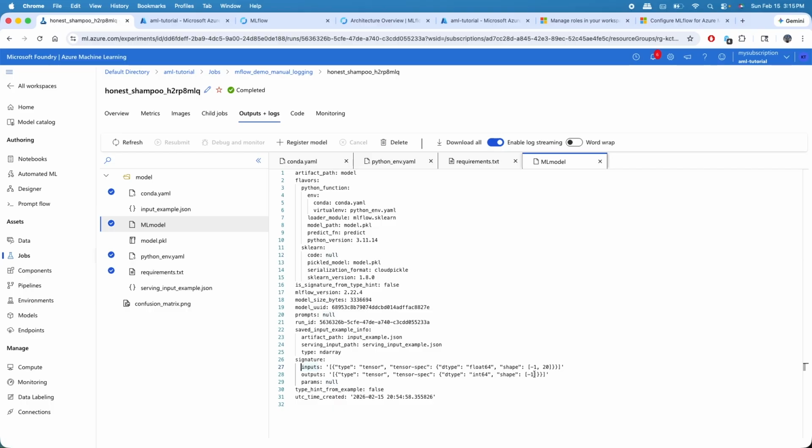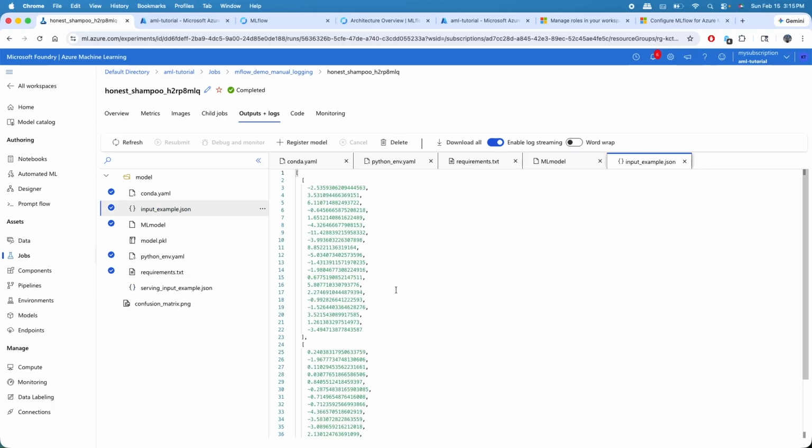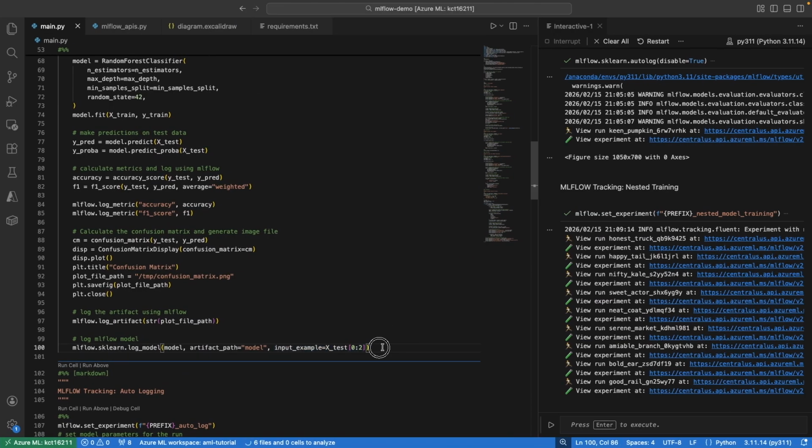You can create those signatures by using the test data set, or you can also provide the signature details when you log your model. And then the input example: this is the test data set that we have used when we log the model, right? So basically, this created the file. This also